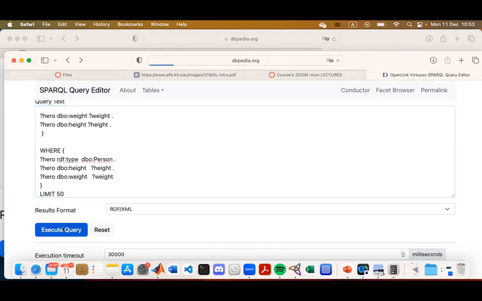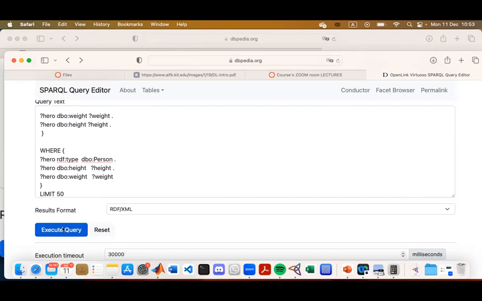So let's see. If it won't work for some reason, I have a backup downloaded version. Today it is very slow somehow. Come on. Yes. Okay.